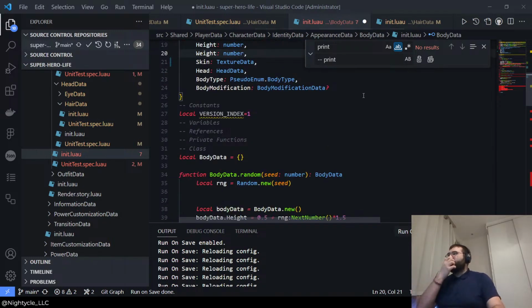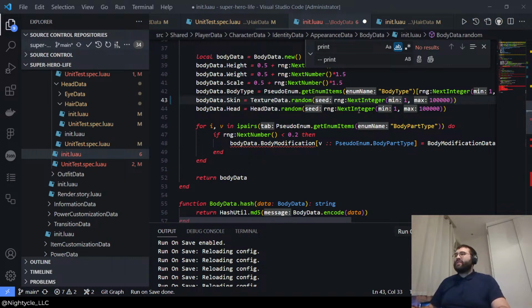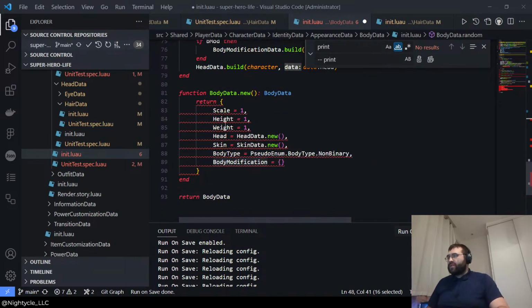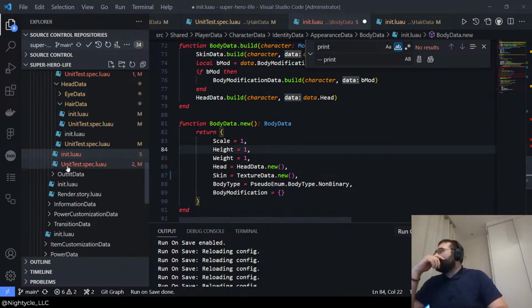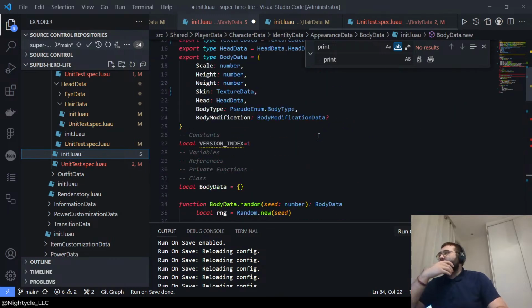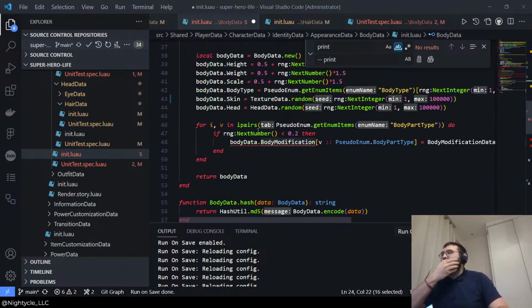So skin texture data, texture data dot random. Let's see, what else? Texture data. And then body modification ended up being its own thing. So body modification data. And as a result,